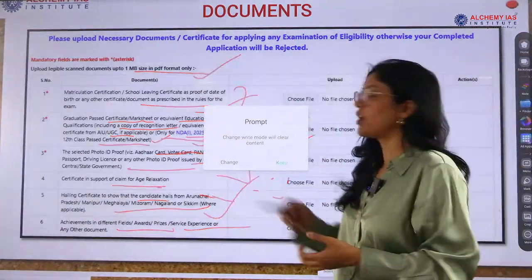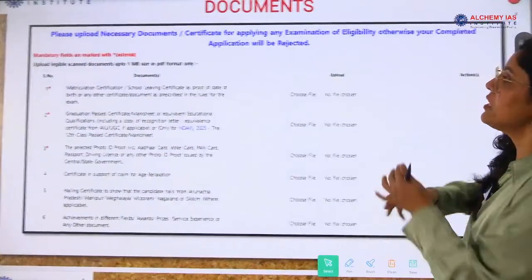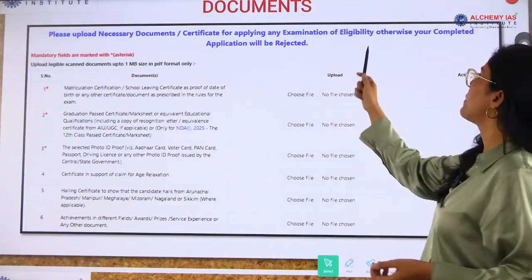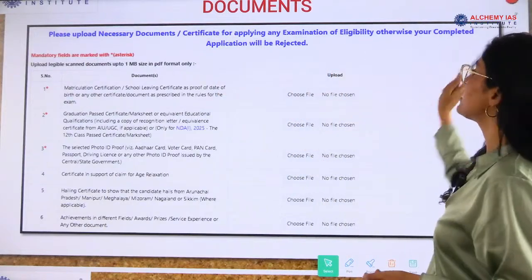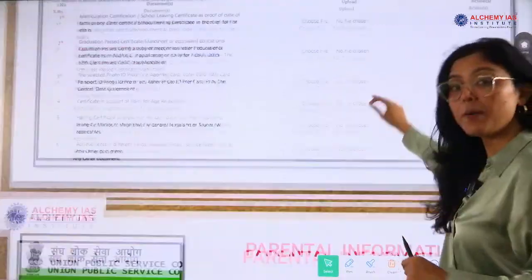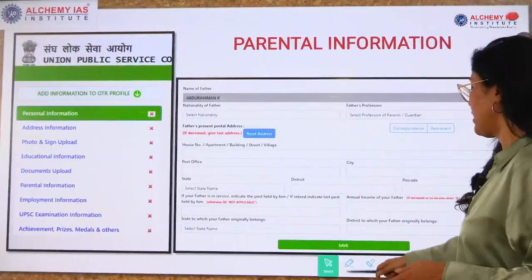So you have to provide these, okay? Now there is one thing mentioned: please upload the necessary documents and certificates for the examination's eligibility, otherwise your completed application will be rejected. So please apply very carefully, be very patient, be very calm, and then apply, okay?